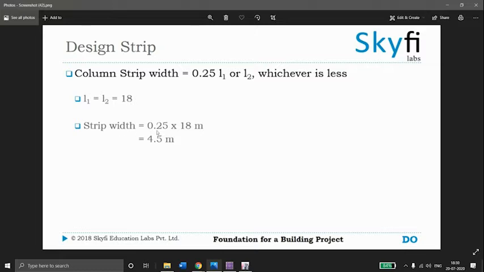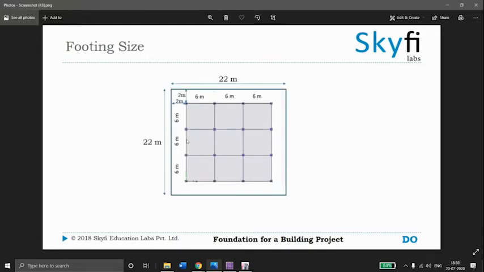So strip width is 0.25 into 18, 4.5 meter. But as the code does not give any restrictions on the strip width, we are going to use a strip width of 4 meter. We are going to extend the base slab of the mat by 2 meter in all directions. So the foundation has the size of 20 meter by 22 meter.